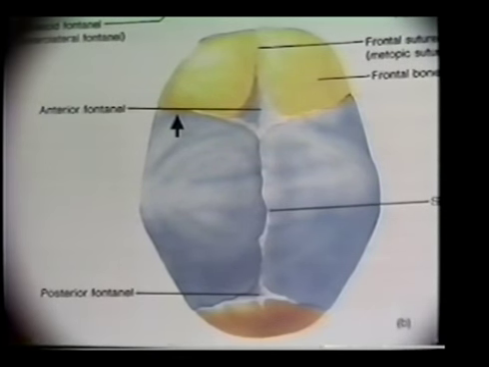During fetal development, the bones of the skull are not fused together. And at this point between the frontal bones and the parietal bones,